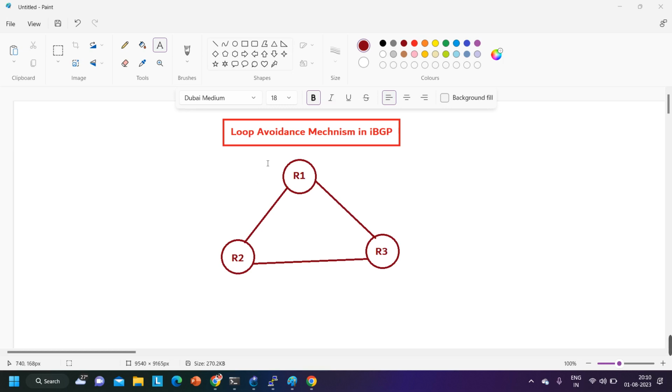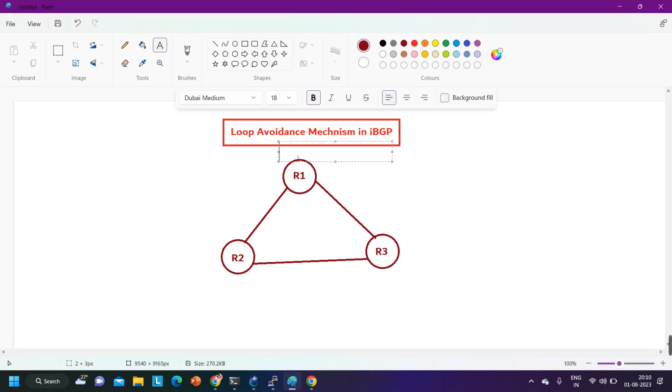The rule is, let's say router 1 has one network, 10.1.1.0/24. Before that, let me say here I am using BGP AS number 100. Here also I am using BGP 100, and here also BGP 100. So which type of BGP neighborship will form between router 1 and 2, or between router 2 and 3? IBGP. So the rule is, guys, whatever prefixes a BGP router will receive from its IBGP neighbor,